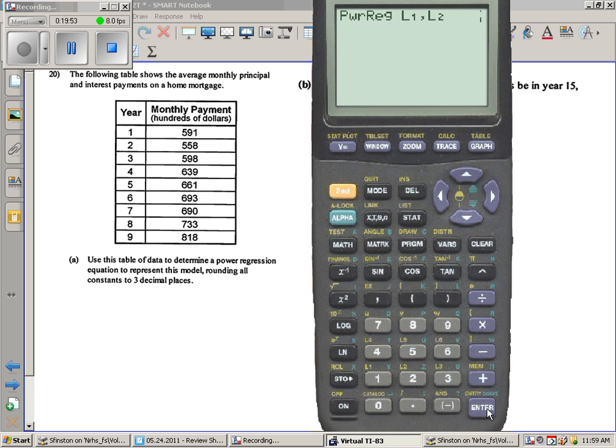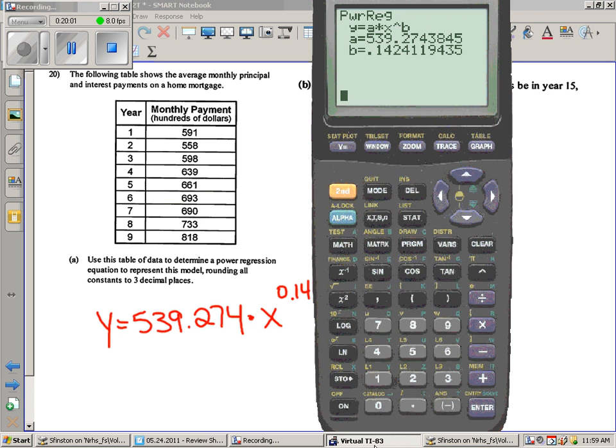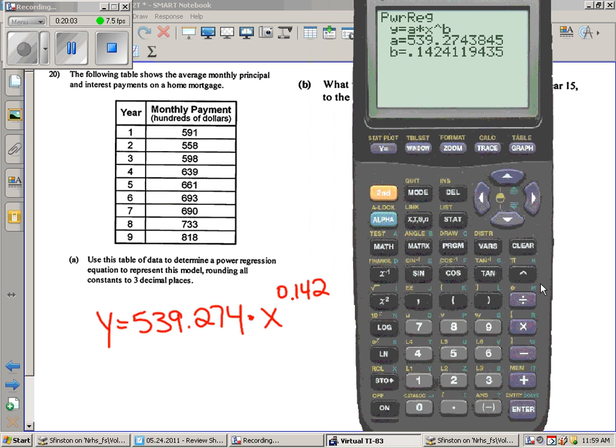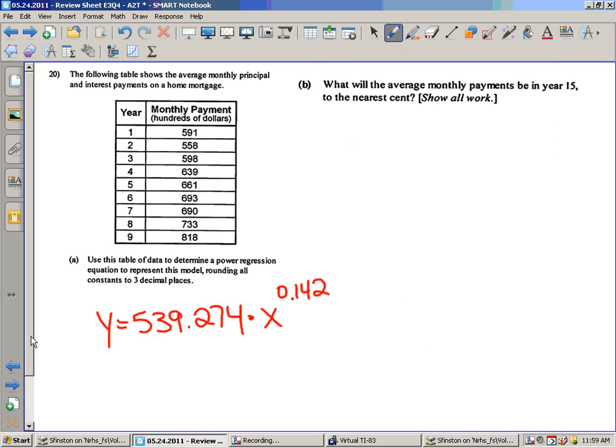Rounding all constants to 3 decimal places. There we go. So we're going to do y equals. So that's what you should get from there. 274. And then, so that's part A. And then, what will the average monthly payment be in 15 years to the nearest cent? All we're going to plug in is 15 for x, and then we're going to be done. So y should be